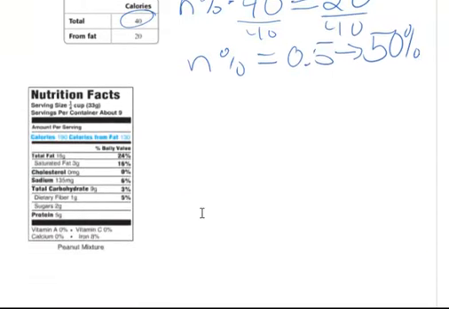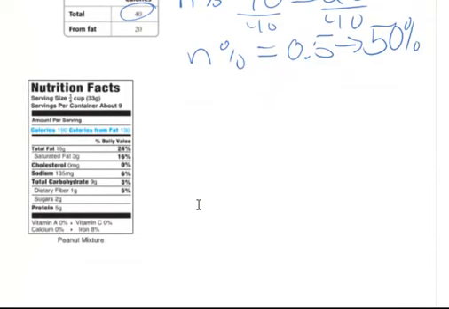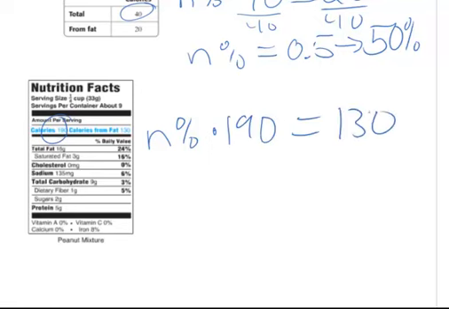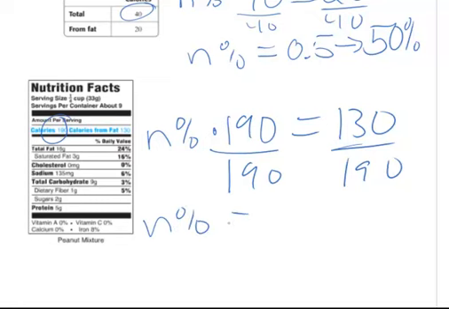All right. The next problem is very similar. We're still doing the same thing. We're trying to figure out how many calories are coming from fat. Okay, so I'm going to say n percent of the total calories. The total calories here is 190, and 130 of those are coming from fat. So I'm going to divide by 190 on both sides. So I have n percent equals, I'll take my calculator, 130 divided by 190, and I'm coming up with